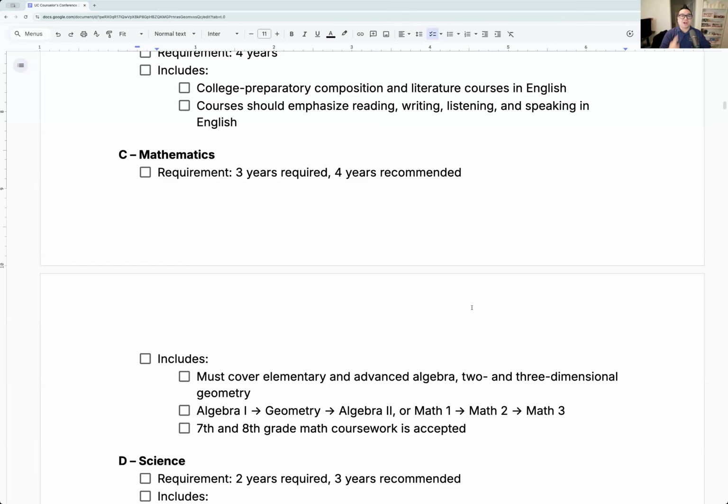The 3 years starts at algebra 1 or math 1, depending on how your school does their math, right? It's algebra 1 or math 1, that's level 1. However, if you jump to algebra 2 or math 2, you're jumping a grade, so they'll retroactively give you 1 extra year of credit for the previous grades. So that's kind of how it means. For example, those who did math in 7th to 8th grade, that counts as well. One thing to keep in mind, geometry is a class that's not validated in any way. You have to take the geometry class. There's no advanced class that will validate for geometry, okay?